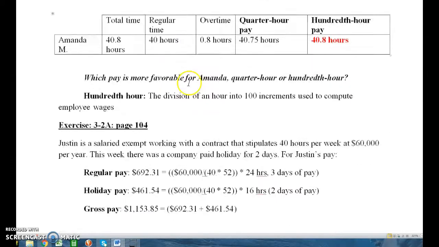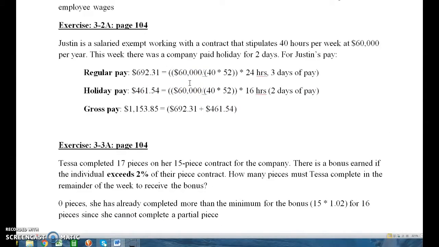All right, exercise 3-2. Justin is a salary employee working with a contract that stipulates 40 hours per week at $60,000 per year. He is paid holiday pay for 2 days, so we need to compute his wages. For the regular pay, remember, you take the 60,000, divide that by 40 hours per week, divide that by 52 weeks. So 60,000 divided by 40 hours, divided by 52 weeks in a year, multiplied by 24 hours, because remember, he's getting paid for 3 days of pay. So his regular pay would be